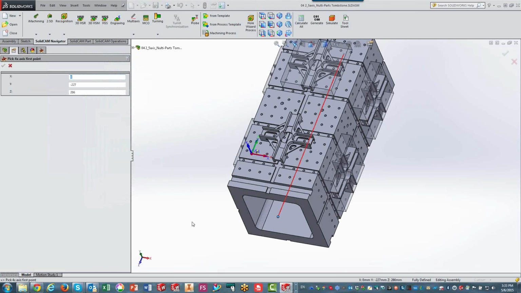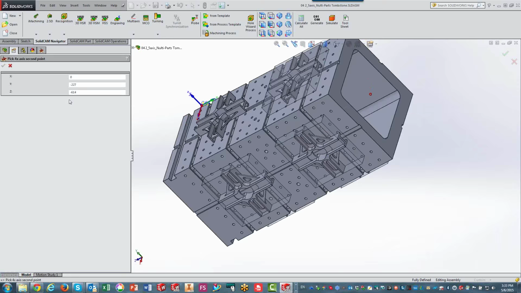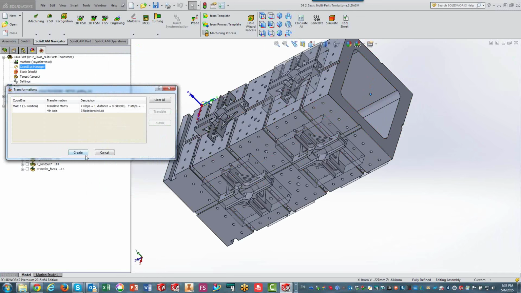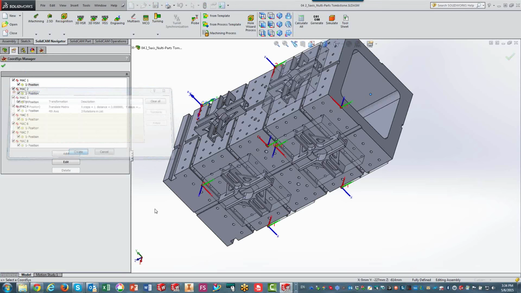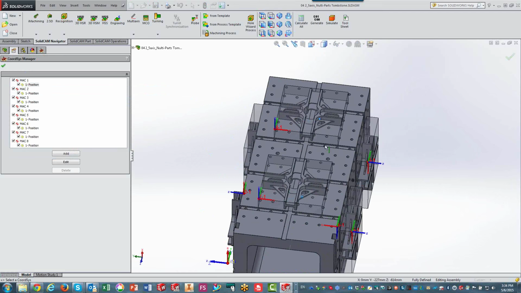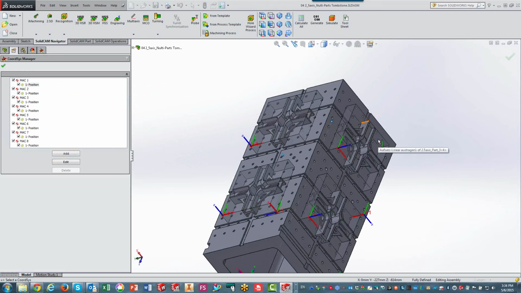So we'll choose my first point over here, and I'll accept that. And on the other end of that vector, I'm just going to click on that point over there and accept that. And we're all okay. Look what happens now when I create. When I click on create, I've created all of those coordinate systems